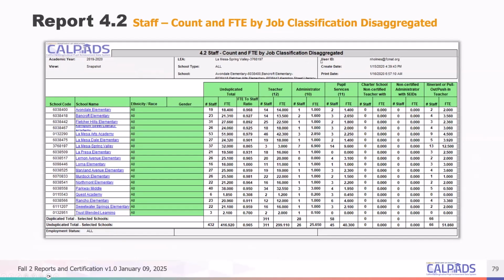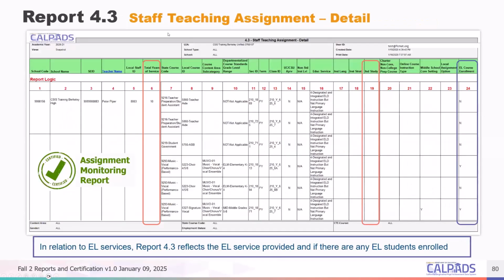And then you have 4.2, staff count and FTE by job classification disaggregated. Right. So it's the supporting report to 4.1. And then probably the report we reference the most when it comes to providing to your curriculum instruction staff in support of assignment monitoring is report 4.3, staff teaching assignment, the detail report.